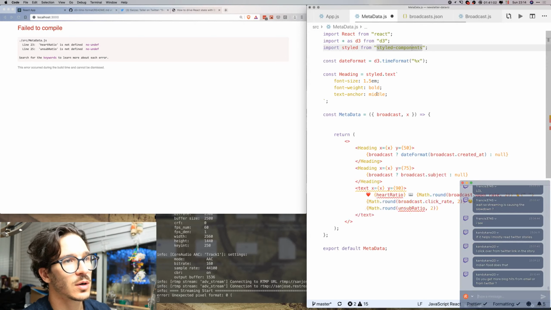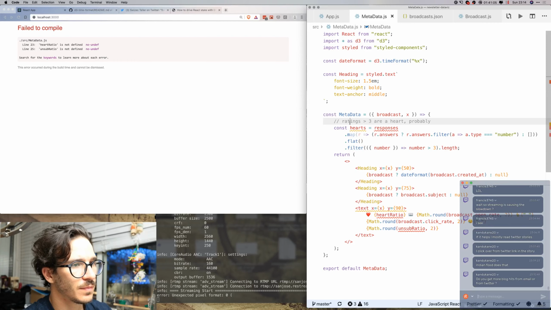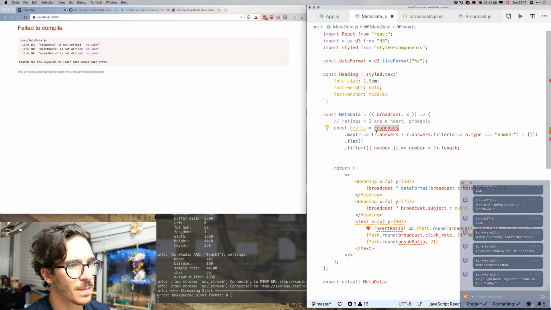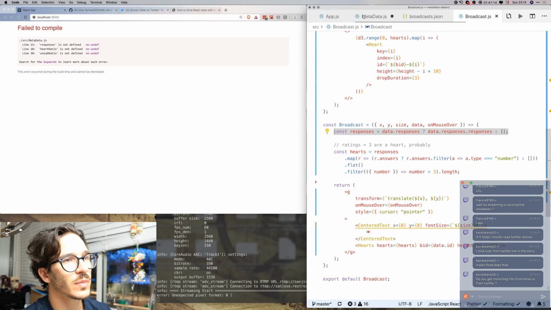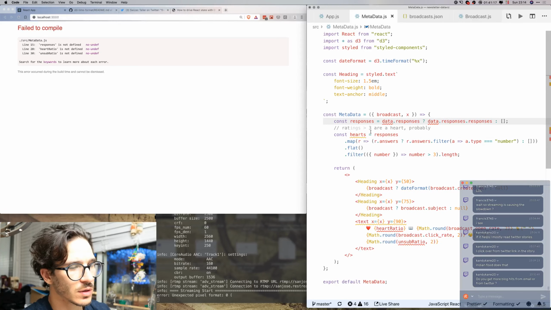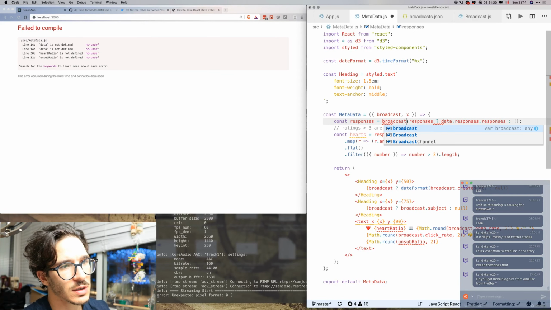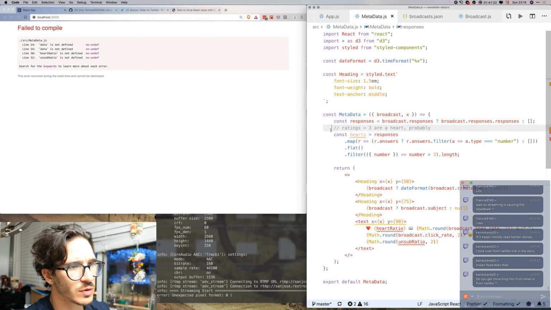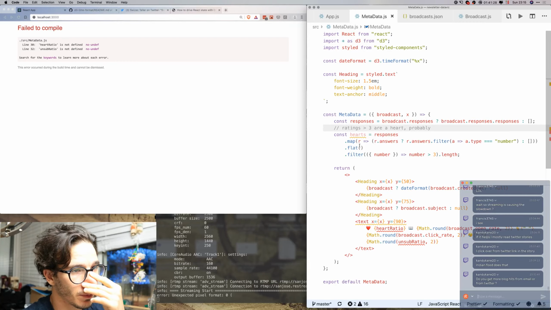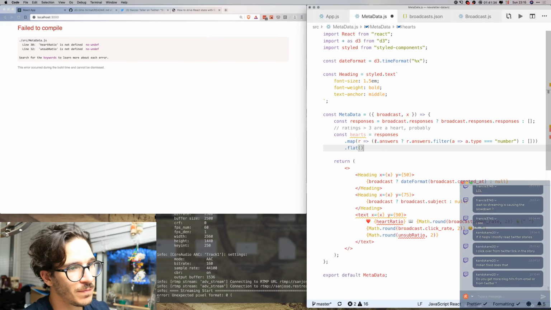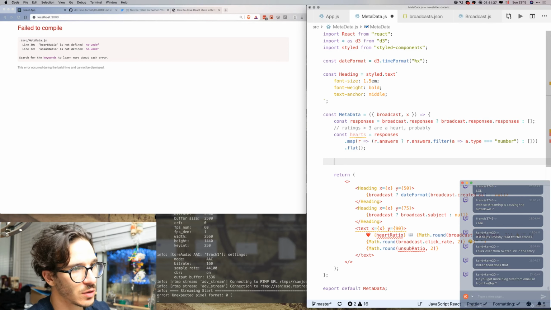So these are our hearts. Now let's see, hearts are responses. How do we get responses? So hearts, responses, broadcast dot responses, and hearts are our... So instead of filtering them, we're gonna do it like this. So const heartRatio equals